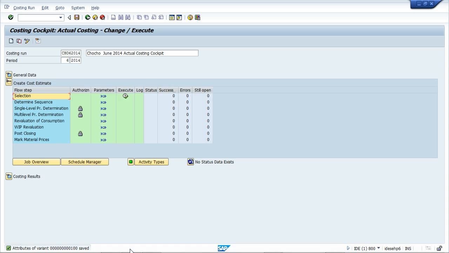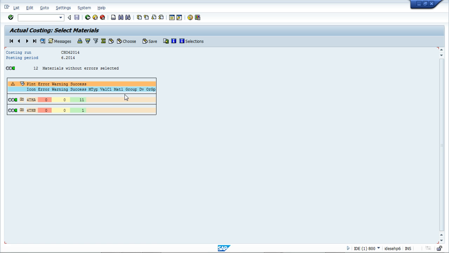And we see this. Now I'm going to execute the selection to see how many products are involved in this whole process. There are 11. This one is a transfer. So there are 11,